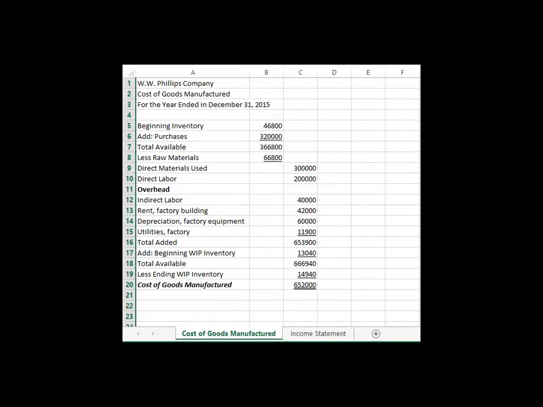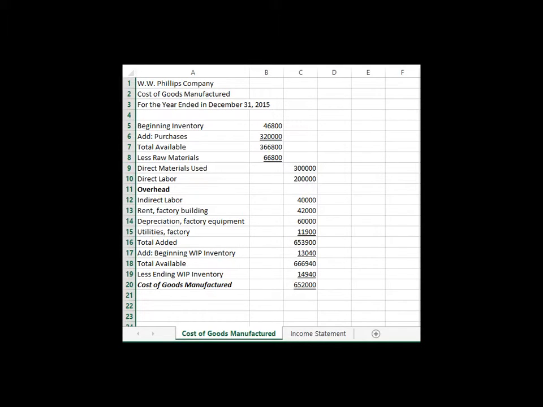Here is my solution for the cost of goods manufactured statement. If you notice, it has the who, the what, and the when as the title. Also, I added purchases to beginning inventory to get total available, subtracted the ending raw materials to get direct materials used, and added direct labor,